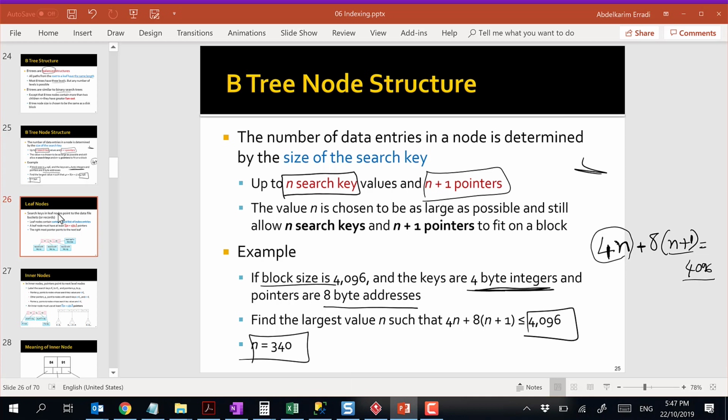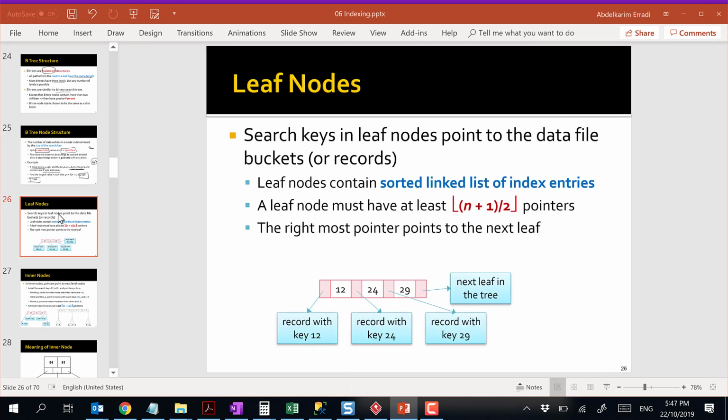Okay, all right, so let us now get into a little bit more detail and see how there are some small differences between the leaf node and the intermediate nodes. Small differences and some slightly different rules, some properties that the tree needs to preserve all the time. So the first thing is in the leaf node,